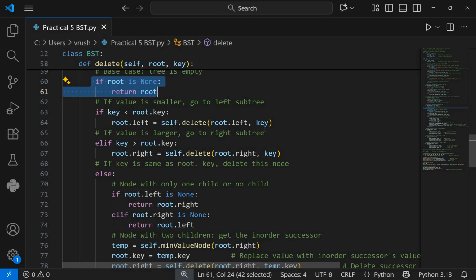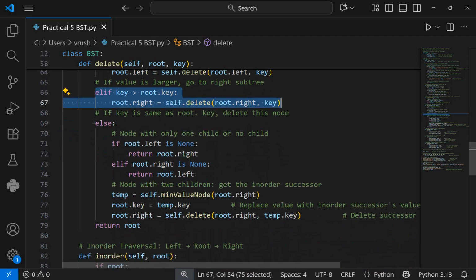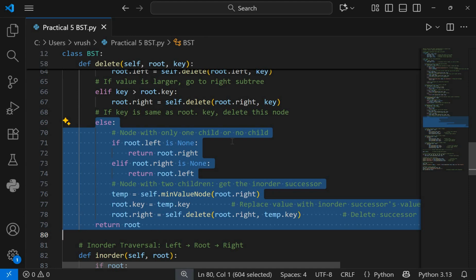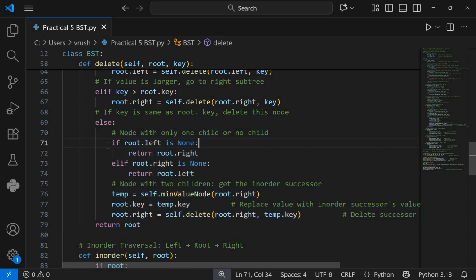This is your if part. Next, the else if part indicates your deleted value is present on the left side. The else if part indicates your deleted value is present on the right side. And the actual deletion code is present in this else part. Okay. Now see. Suppose your first if condition is you want to delete a particular node that has only 1